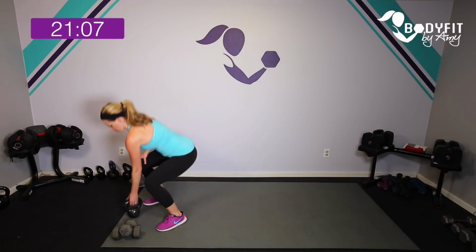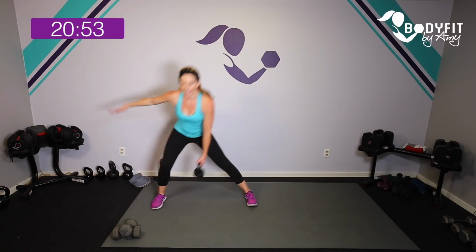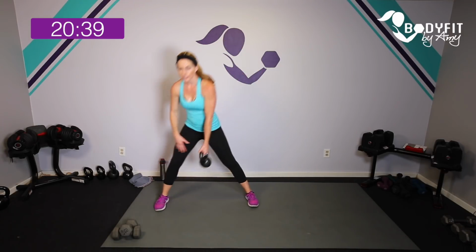Go ahead and grab that kettlebell. So if it's in your left hand, you're stepping to the right, vice versa. If you're mirroring me, up to you. Here we go. Think about bringing that kettlebell to that opposite foot. Breathe. Lean into that hip. Breathe. Here we go, all in one side. 10 seconds. And breathe. Last 2. 1 more. So breathe, stand straight up for that 10-second rest, and then we're gonna lean into it,